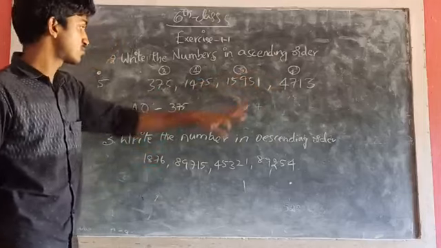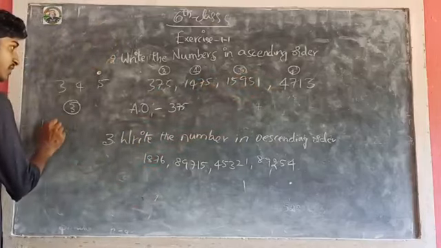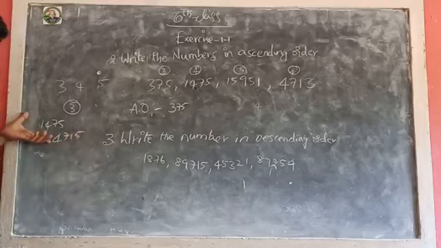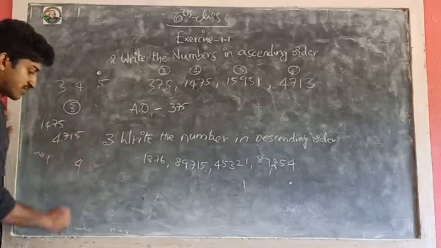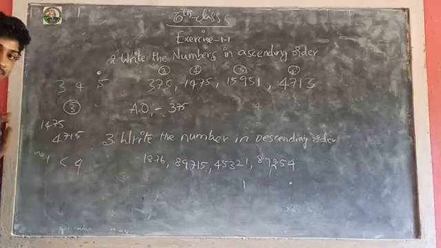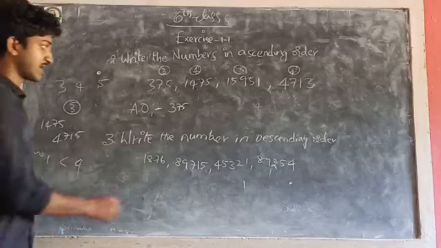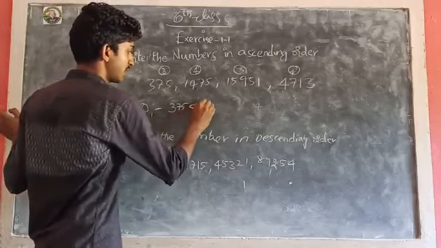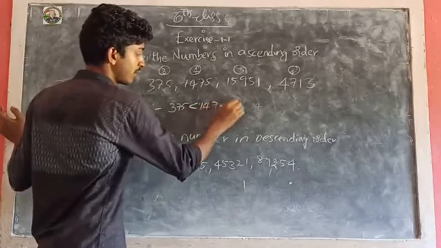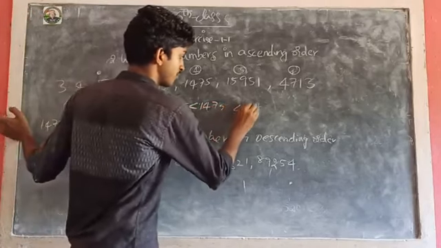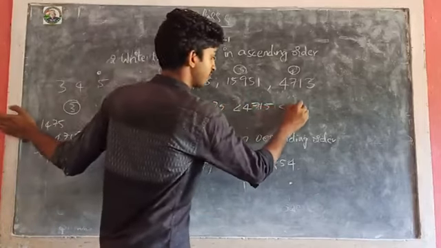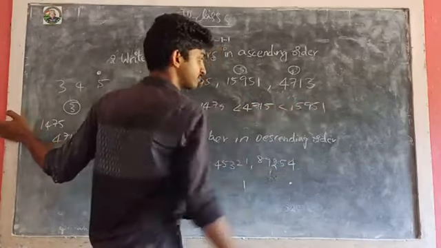So compare these two numbers, 1475 and 4715. Here, if you compare the place values, 1 and 4. 4 is greater than 1. So 1 is the lesser value, so less than 1475. And next 4715. And the remaining numbers are 1500 and 951.